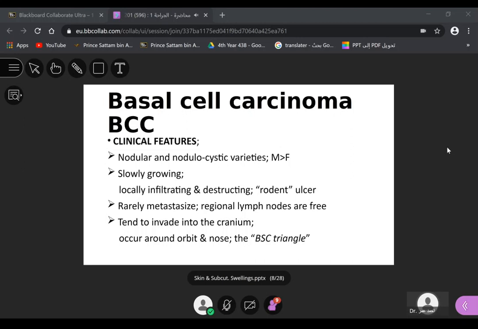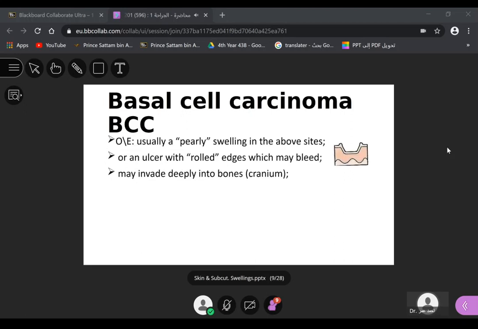Okay, is that clear? Yes, clear. Thank you. Yes, a line joining the angle of the mouth to the ear pinna on both sides. 90% of basal cell carcinoma lies above this line, in the face above this line. Okay, this is known as the basal cell carcinoma triangle. I will show you some pictures now, but before that, in the clinical examination,